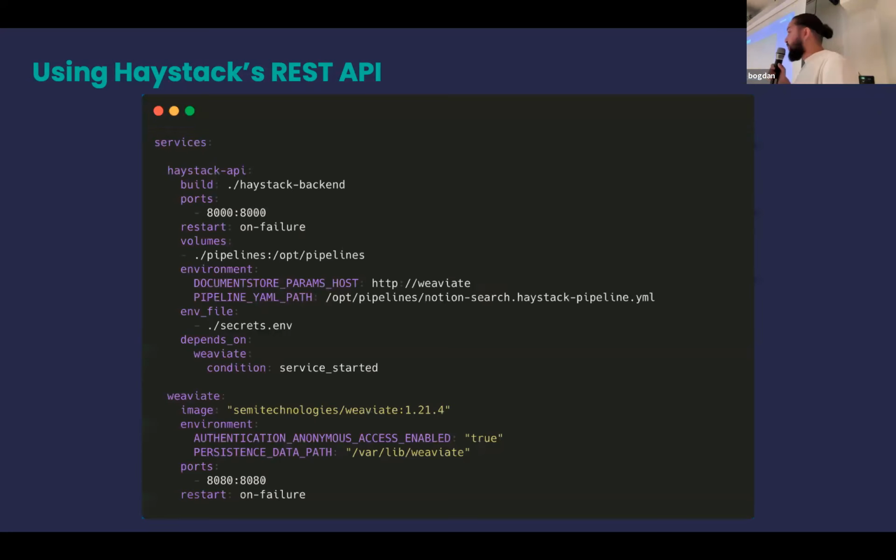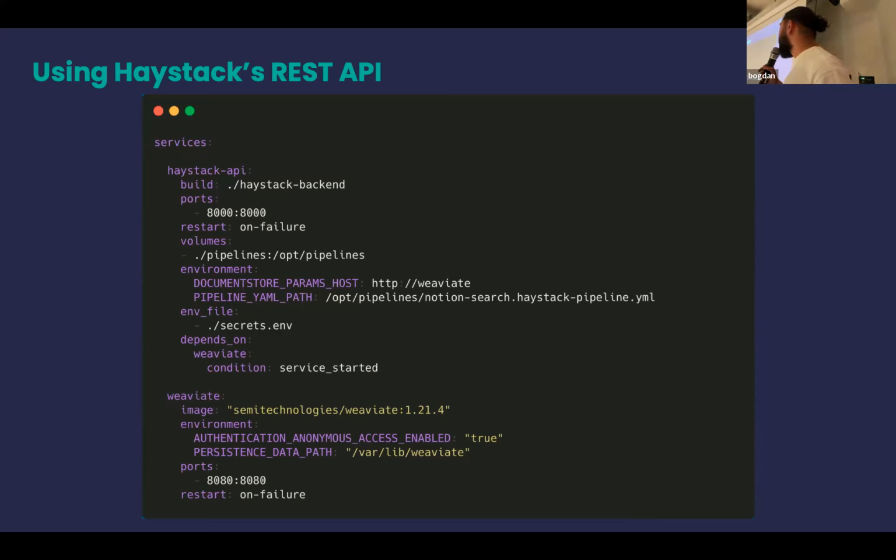To build an application together with Haystack, we would also need to define our database. And this is where our Docker Compose file comes into play. Here we define two services. The first service is the Haystack API that I was just talking about. We tell it, build this custom Docker file that I just showed.